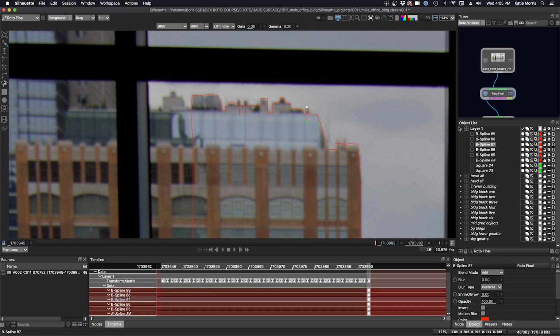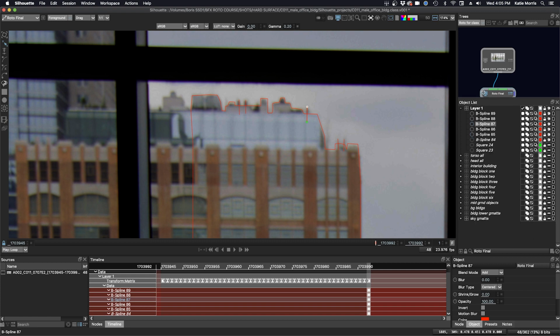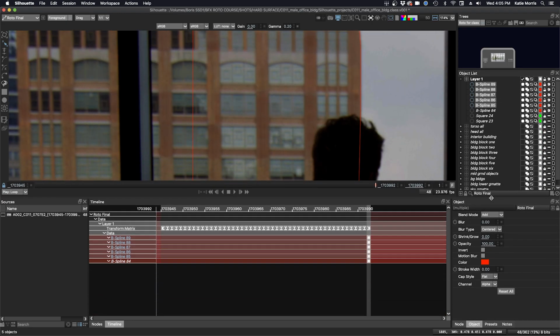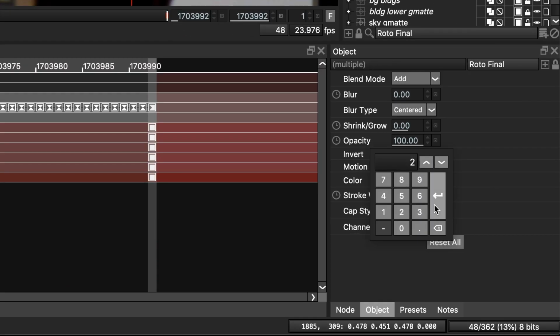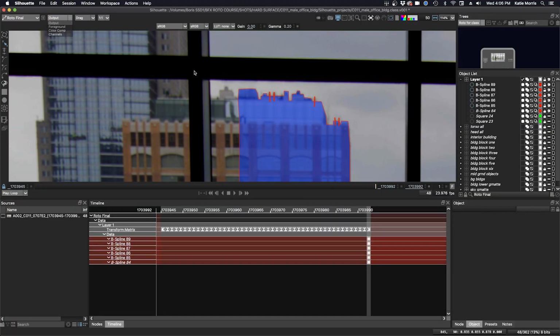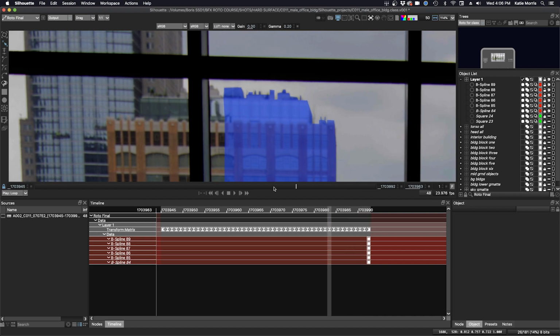Okay, and then I'm going to give each of these open shapes a width. So I'm going to select all of these. We'll go down to the object list here, and we'll give them a width of 2. I'll click A. We'll go to output so we can see the alpha channel. Turn off the overlays, press 0, and now you can see we have a lot of nice detail in there.